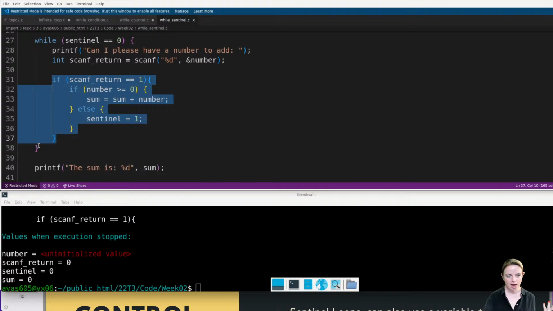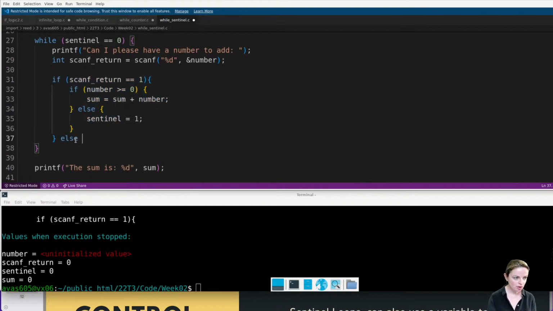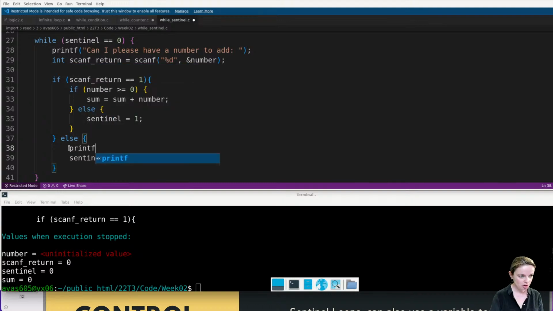So what happens when this scanf is else? Okay, so we need to consider else. We really want to be breaking out of this loop. And the way to break out of this loop, we can either finish the program, we can say return 0, or we can set the Sentinel to 1 as well, because it's not a number. Or we can say here, you did not enter a number, please enter a number. So it depends, right? It depends what the specification is for this problem and how you want to complete it.